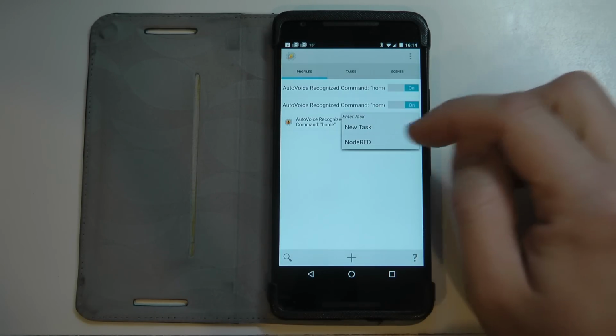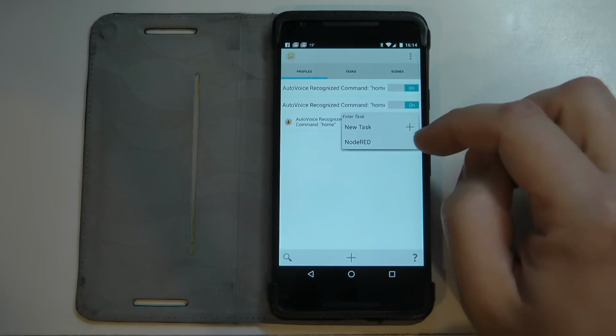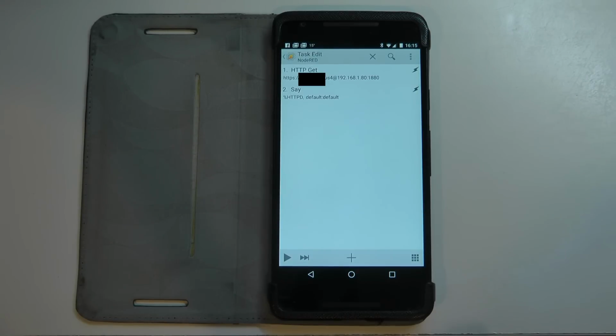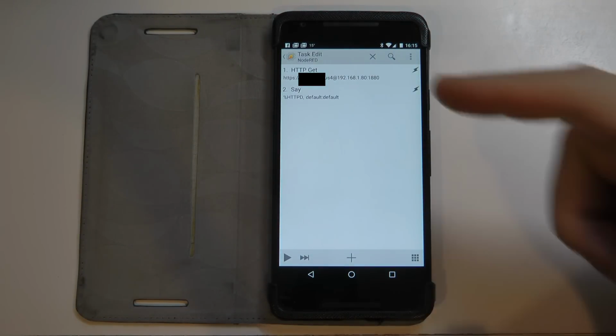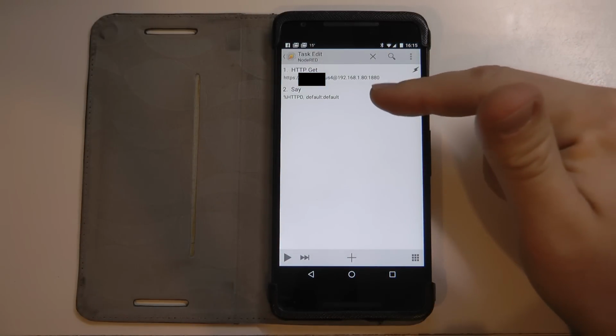I already have a task created, so I'm not going to click on new task. I'm just going into this task and show the details of it. So this is how my task looks like, and as you can see, it consists of two steps. One is an HTTP GET, and the other one is a SAY. So